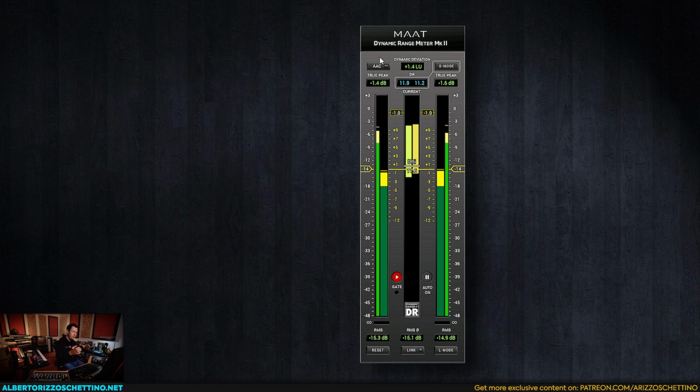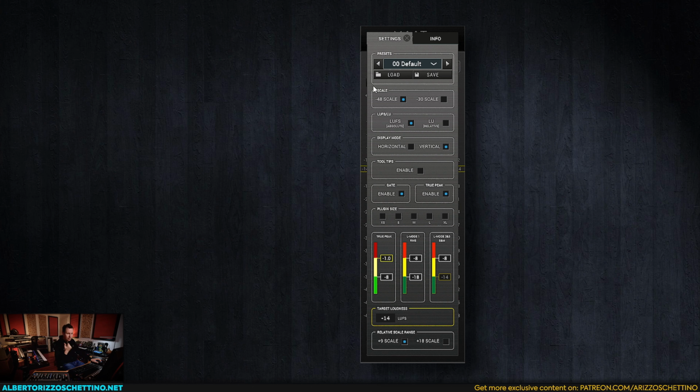So once again, you link your ears to your eyes, and that's super important because yes, it's not lossless. So music will change a little bit, and this gives you an instant preview without encoding, listening, testing, and it's much faster and convenient. If you get to the preferences, you can save your presets, change the scale, go from